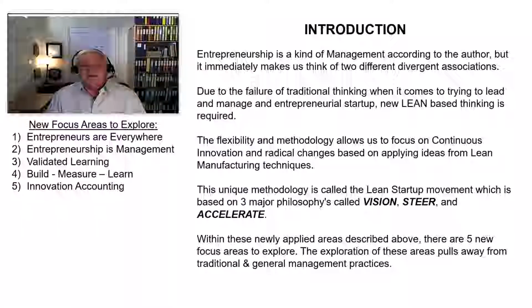Entrepreneurship is management. And we're going to, in the next page, talk about how entrepreneurship and management are 2 different philosophies, but they are linked together. And we'll talk about how that dichotomy actually isn't intuitive, but that it actually exists. And then we're going to talk about validated learning. He talks about lessons learned that you pick up as you run and collapse, as you succeed and you fail in startups, and how all of that learning can be validated. And he'll show you a philosophy for that. He's got a 3-step process that we're going to go through called Build, Measure, Learn.